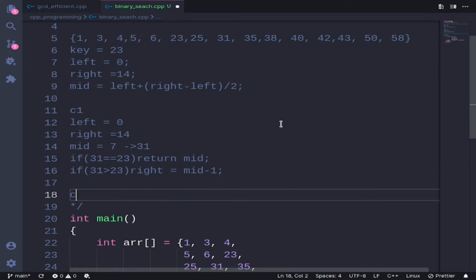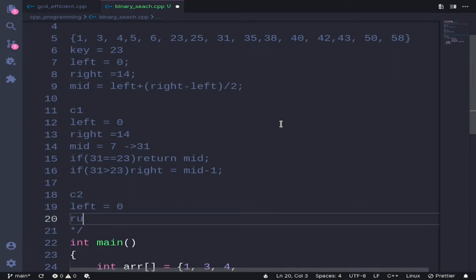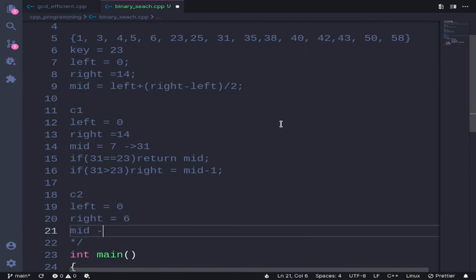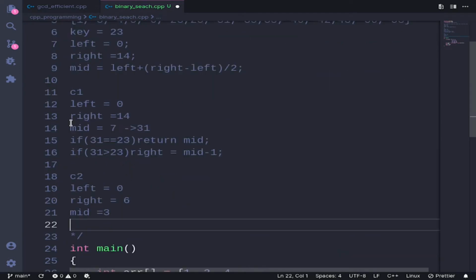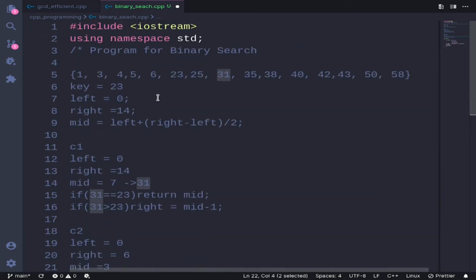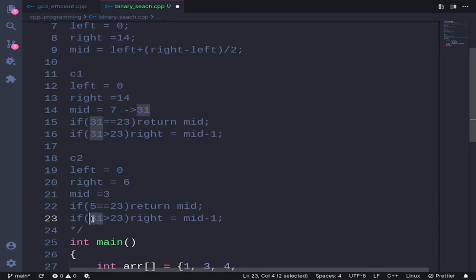So our case 2 becomes: left remains 0, right becomes equal to 6, and the mid, according to this formula, becomes 6 by 2, that is 3. Now what is the element at 3 here? 0, 1, 2, 3. We are going to again check if the third element, that is 5, is equal to 23 or not. But this is not equal to 23,